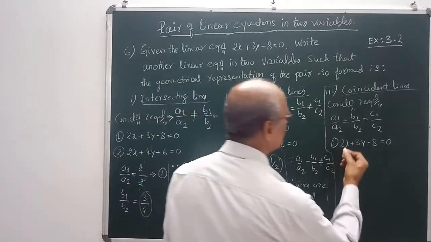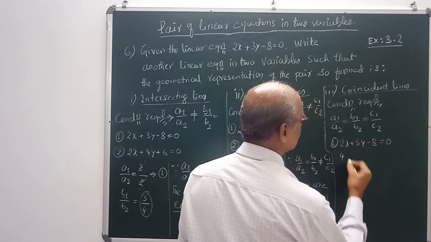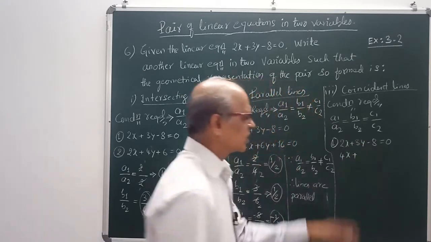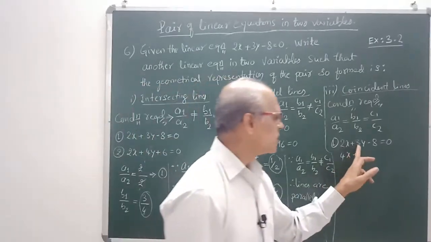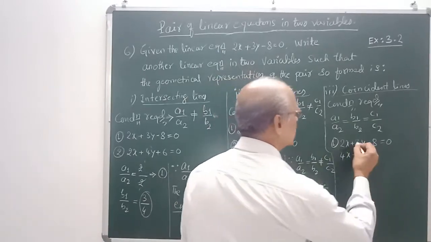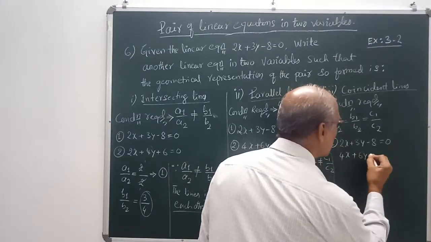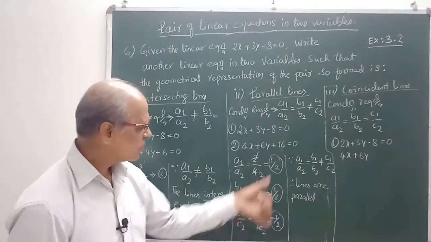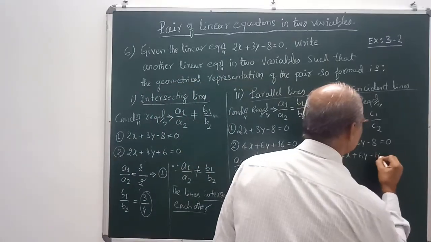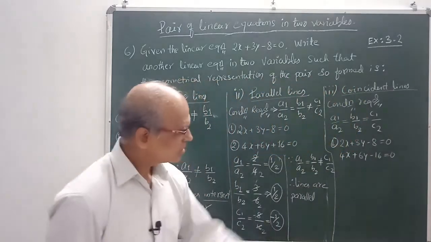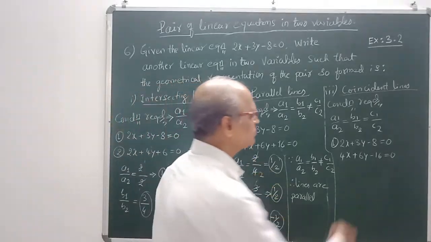All three have to be equal, so let me take here, suppose I take 4x. Now here, 2 ones are, 2 twos are 4. I got half. B also should get half. That means you can take 3 ones are, 3 twos are 6. The same way. Only here you have to check a little change. What you had taken is plus 16, you take minus 16. That means here minus 16 is equal to 0. Why minus? Because C1 by C2 also should be equal to A1 by A2 and B1 by B2. Now let us check it.